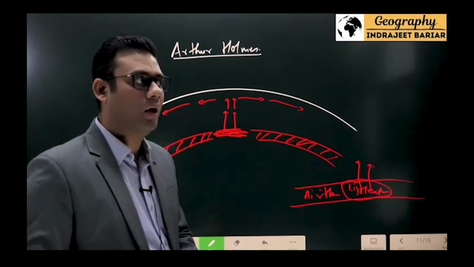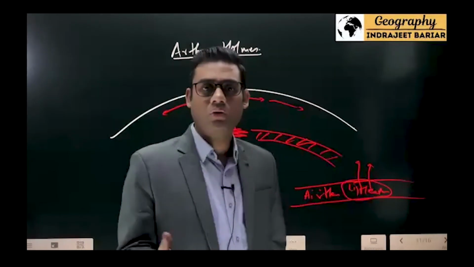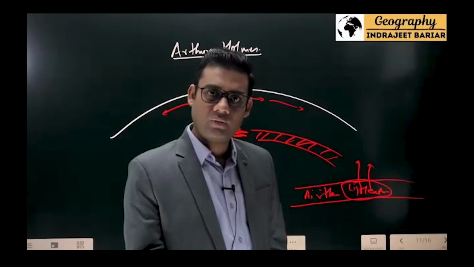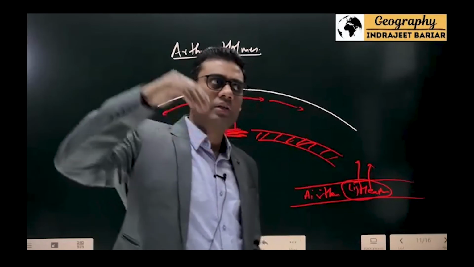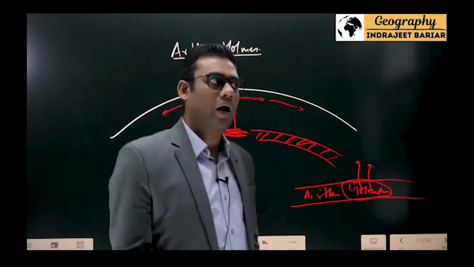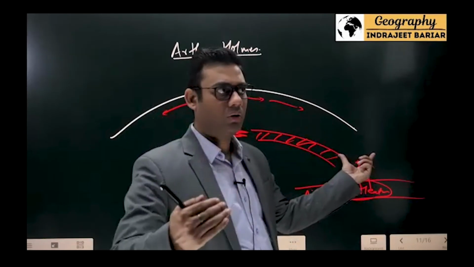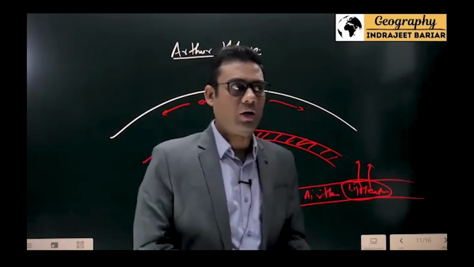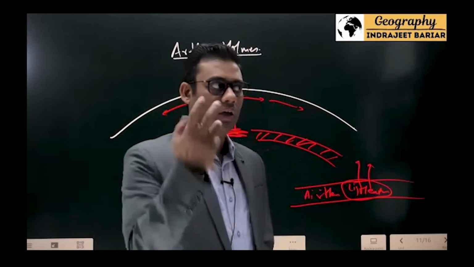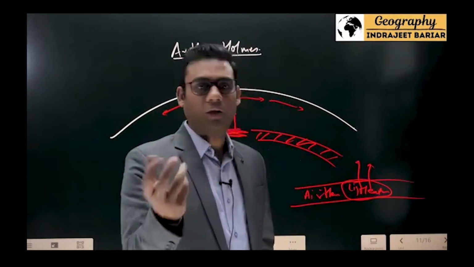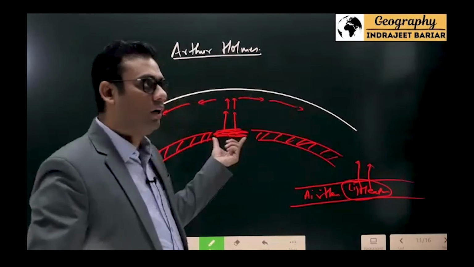Now think again about the hot air balloon: you heat the air just over here and leave it. The air will rise, but will it keep rising? No, because you heated the air only here. As the air goes up, it is constantly becoming cold, and at some point it will become cold. So if you have to keep a hot air balloon floating in the air, what do they do? They constantly heat the air, using fire in hot air balloons. Here, look, is it one-time heating or constant heating?